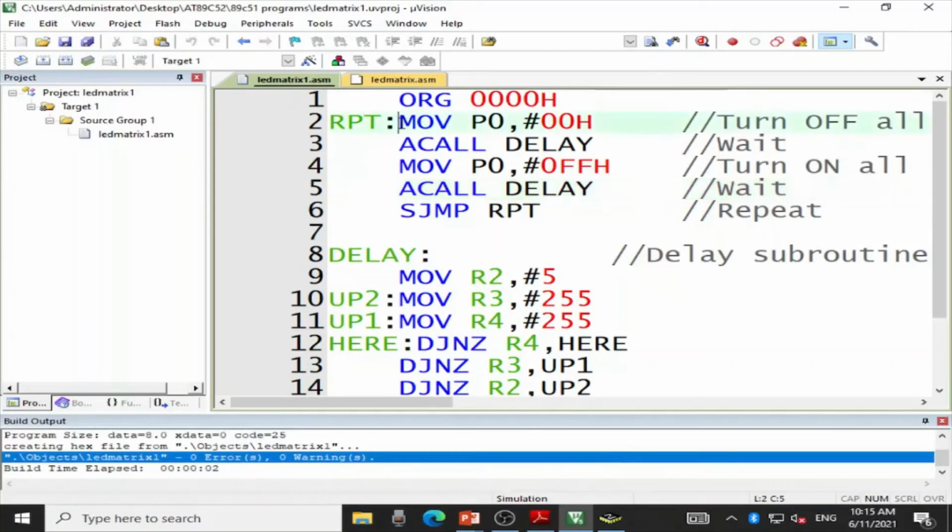So this is the way in which the program is modified. Send 00 to port 0 so that all the LEDs will turn off, because 0 turns off the LED, and wait for a certain amount of time. Then send FF to port 0. FF is sent to port 0 in the sense that all 4 columns are sent 1, 1, 1, 1 and all 4 rows are also sent 1, 1, 1, 1. So this will turn on all the LEDs. Again wait for some time and then repeat the same process.